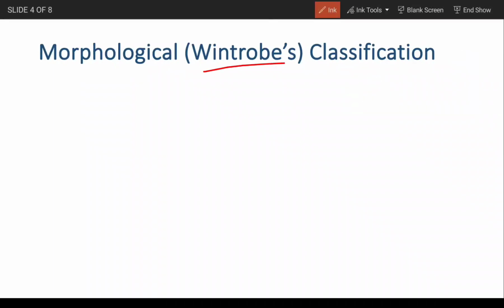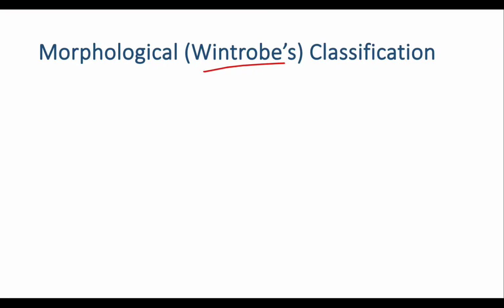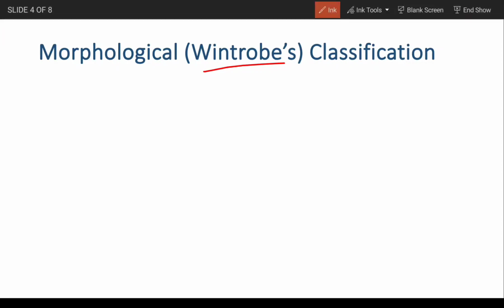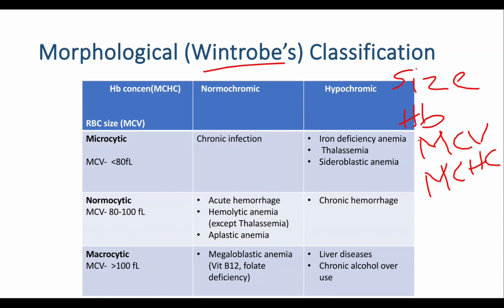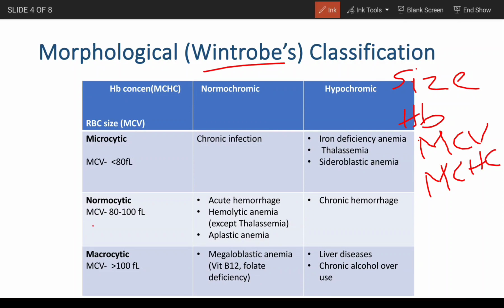Classification is done according to alterations in red cell morphology characteristics, which include cell size and hemoglobin concentration, where the cell size in blood volume is medically termed mean corpuscular volume, abbreviated as MCV, and hemoglobin concentration as mean corpuscular hemoglobin concentration, abbreviated as MCHC. The average value of MCV is 80 to 100 femtoliter,